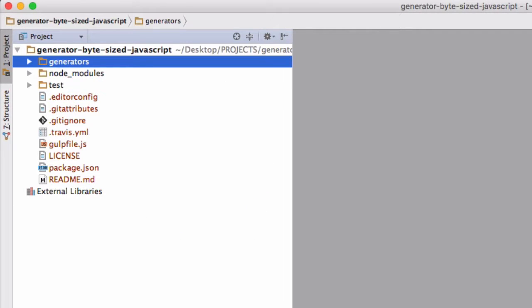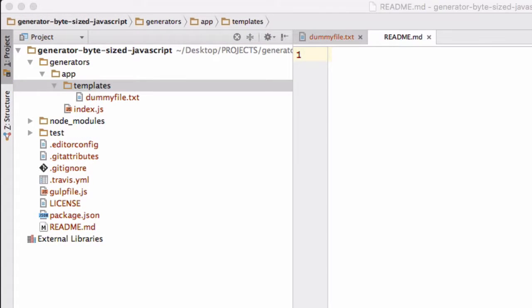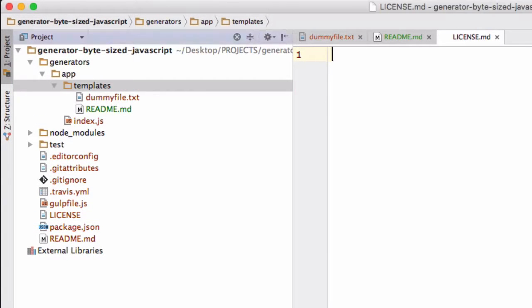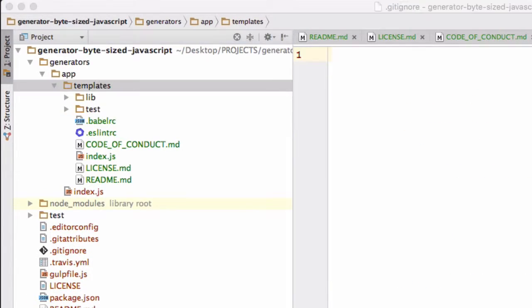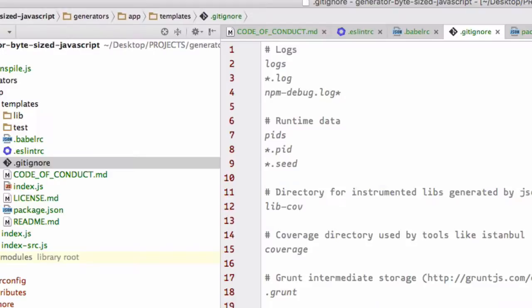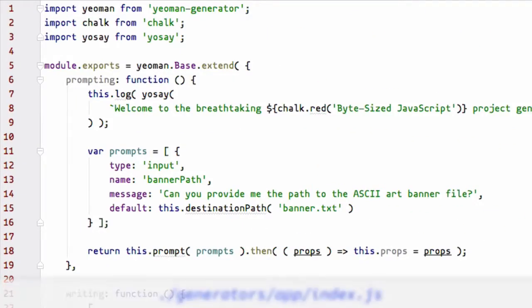After opening the project, I'll add a few files to the app/templates folder. The files you see here are the files that I put into all of my open source projects, such as a README file or a license file or a code of conduct. And our generator will do some template replacements on those files. Now let's look into the